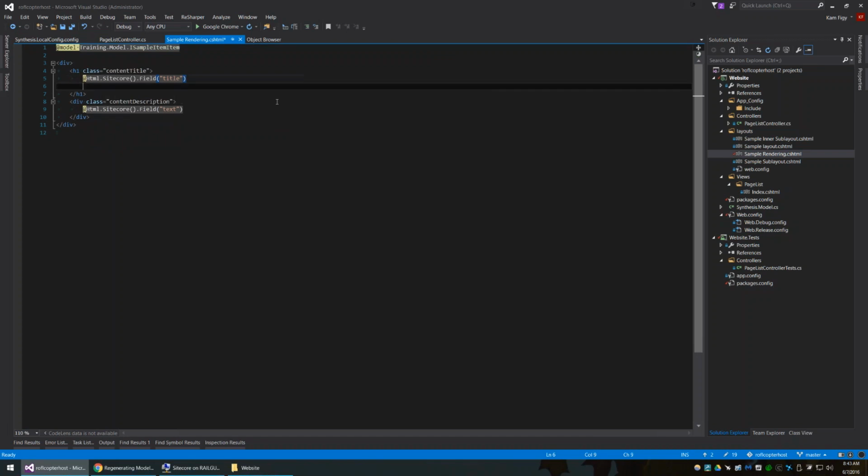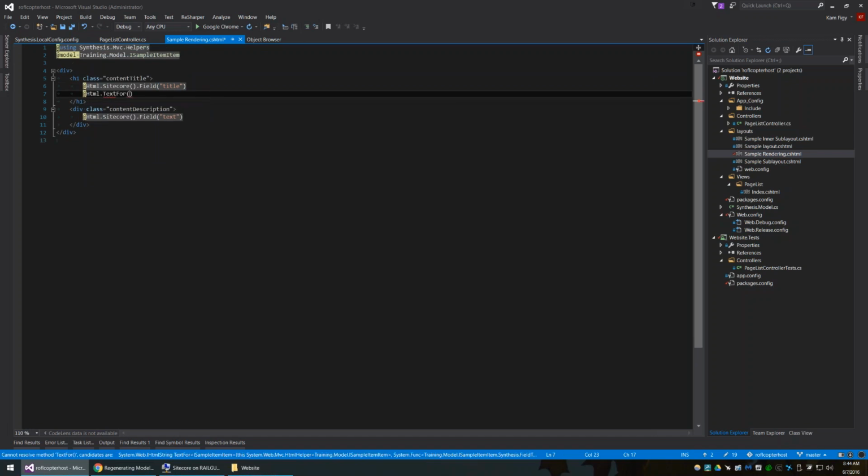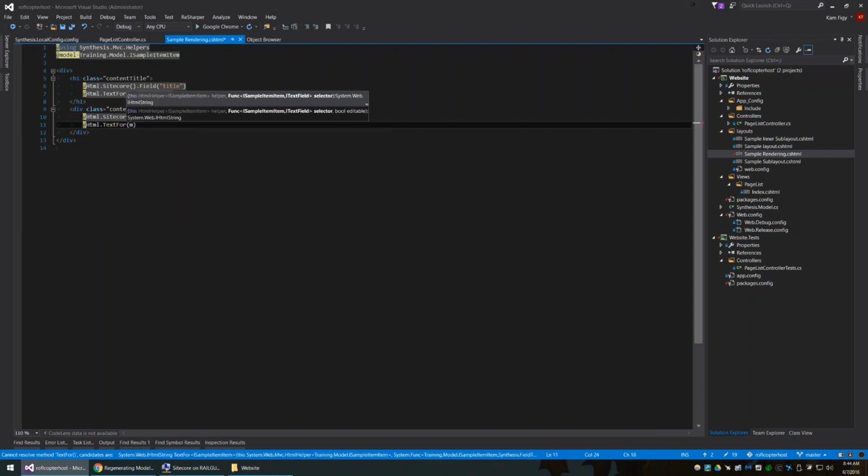So right now, you're using standard Sitecore MVC rendering stuff here, so we have to put the field title or the field ID in here, which is a little ugly, but with Synthesis, we can just say Html.TextFor, and just like MVC, it has a lambda, and we're going to say title, and then we'll take the same thing here. And you have rendering stuff like this for date times, and it handles rich text automatically and all sorts of other things. Basically anything that you can do with Experience Editor you can do with this, and in some cases it's strongly typed where Experience Editor is not. So we'll render out text,